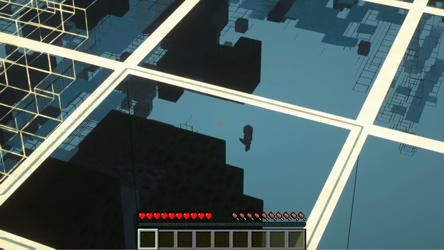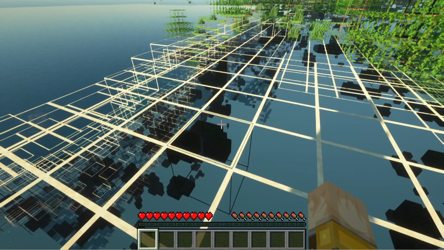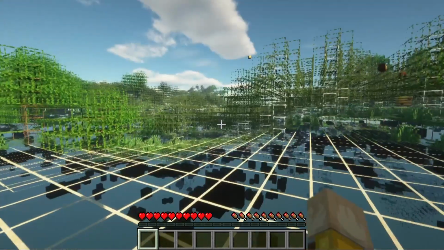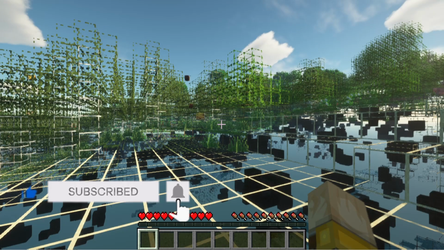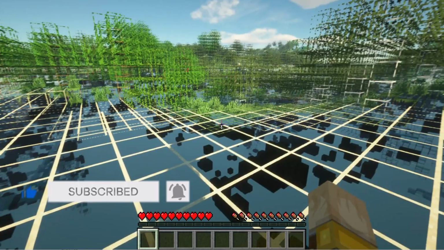Good, so I think you see it all. Now I'll show you how to install Xray for Minecraft. We're going to the link to the page you have in the description. X-Ray Ultimate Resource Pack, constantly updated. We choose the version you want, and now when you download it you take this Xray and now you go